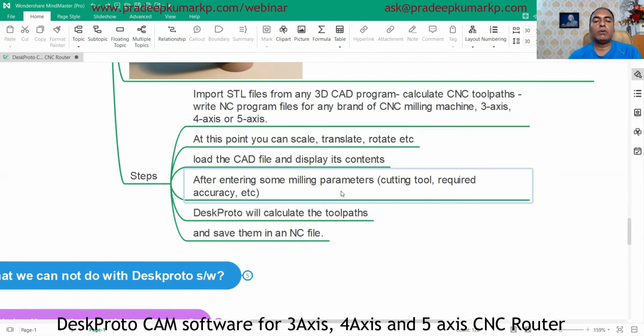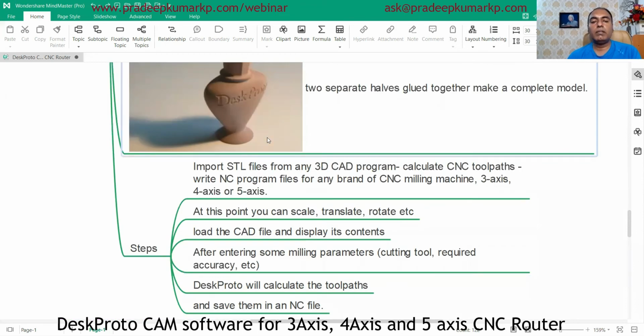and the step down and the tolerance, which define the accuracy. Once we give these machining parameters and tool parameters, DeskProto will calculate the toolpath, and the corresponding NC code will be saved. That NC code file we give to the machine for running. So these are the steps of how it works.